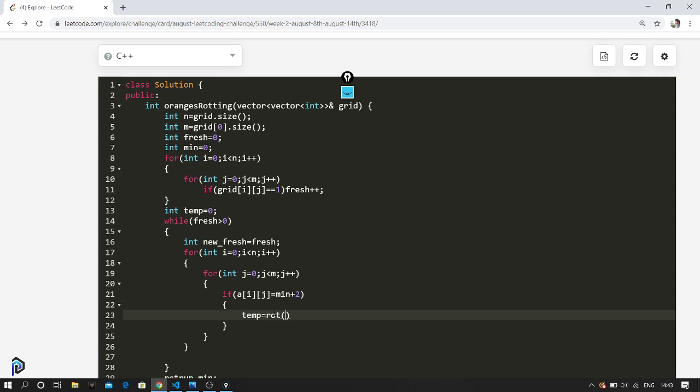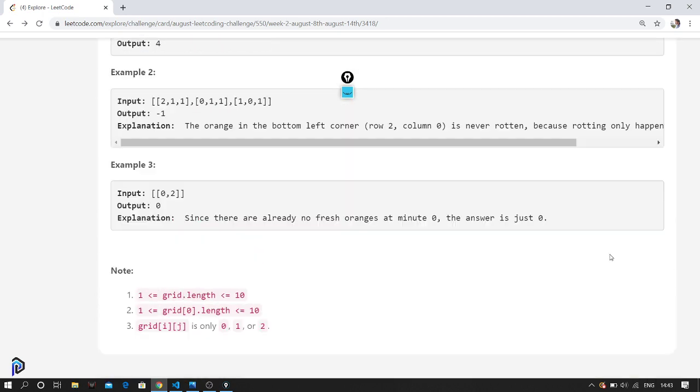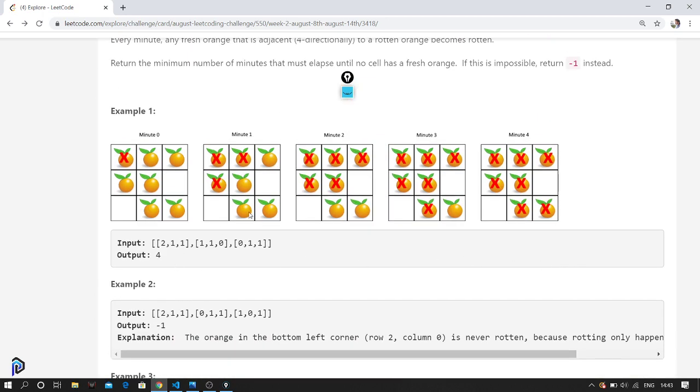So from here I can rot i minus 1, j, and I'll also pass the day and the grid that we are going to change. I'm going to rot in the i minus 1 index. So initially it's over here. Let's take this orange and rot this particular orange.